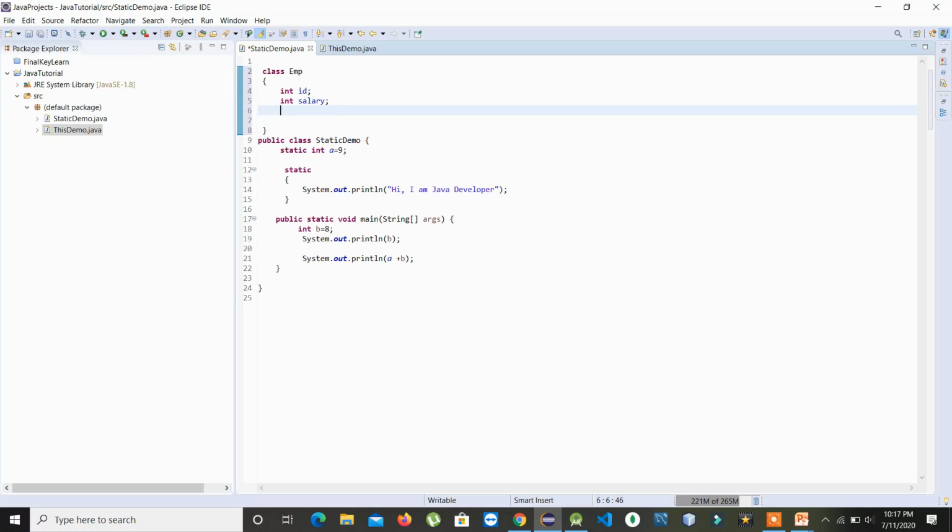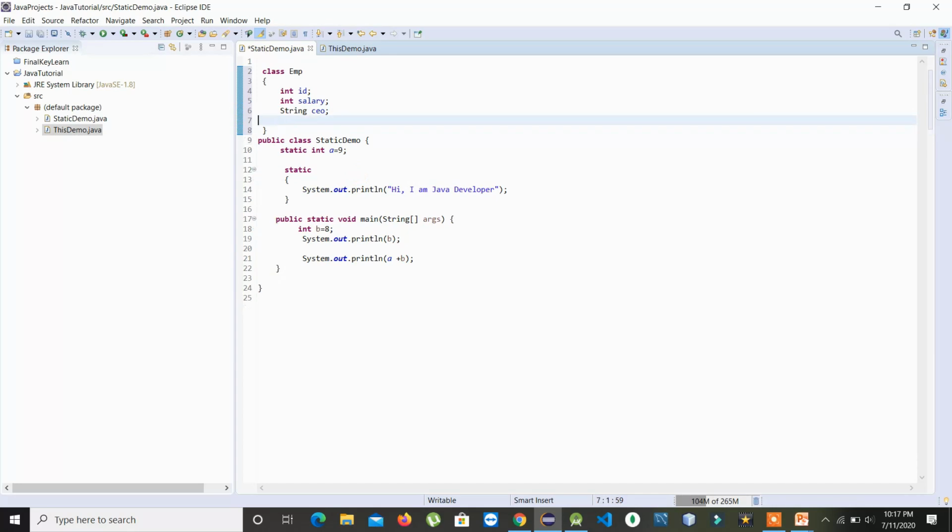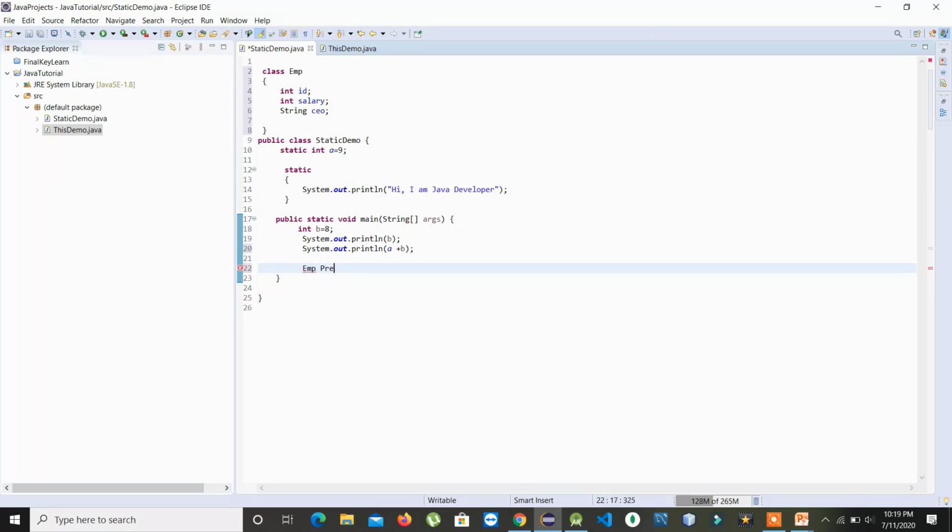What I'll do is I'll take a string CEO and we'll try to print the variables. I'll take Preeti, and my ID I'll set as 89.